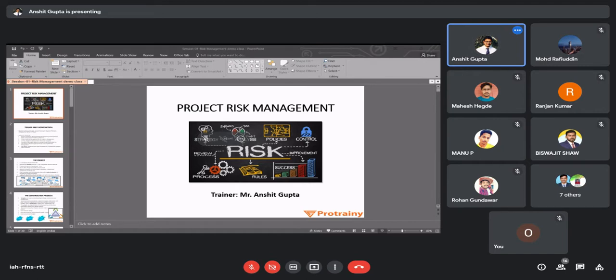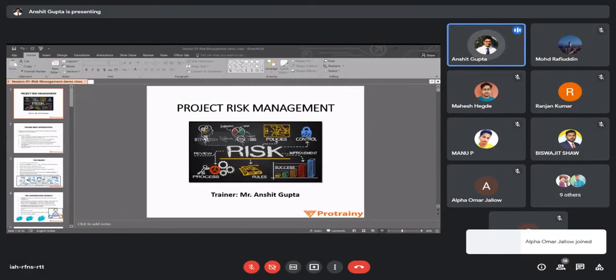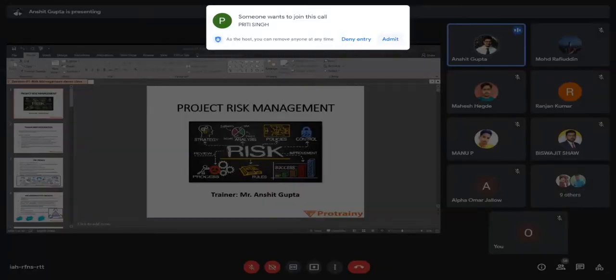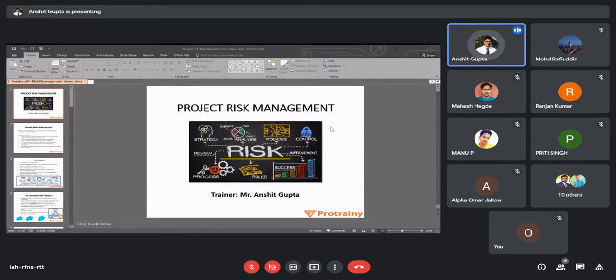The fourth point about a project is that teams often change during the project period. Many times your billing engineer will quit the job and you will hire a new billing engineer. Your planner may quit the job and you hire a new planner. Your labor demobilizes, then you search for new labor. So before the project completes, all the teams participating in its completion keep on changing. Fifth, you require contractors to marshal labor, equipment, material, and components of specific size. You require different kinds of specialized contractors for their respective jobs. For example, a person who is well versed in waterproofing will not carry out RCC work.